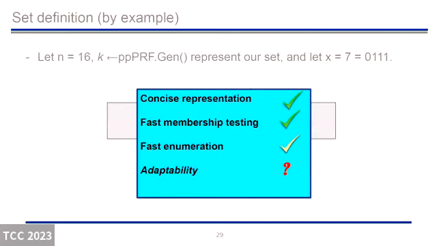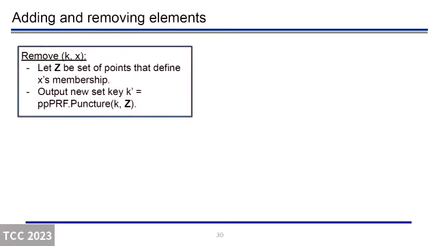So how do we add and remove elements from the set while hiding which elements were removed? And you might get a hint that it's going to use the only property of the PRF that we haven't used yet, the puncturing. So to remove an element from the set, all we do is we take Z to be the set of,